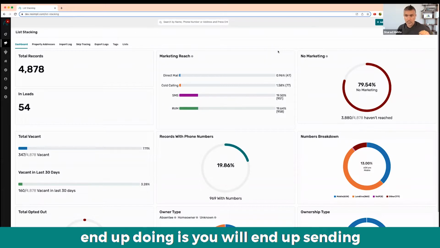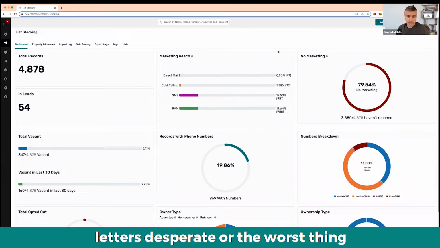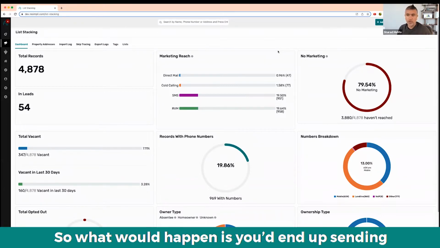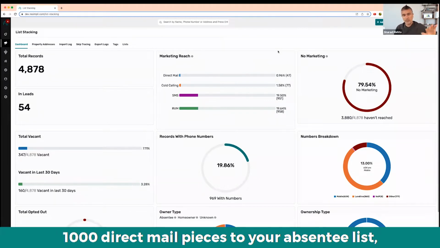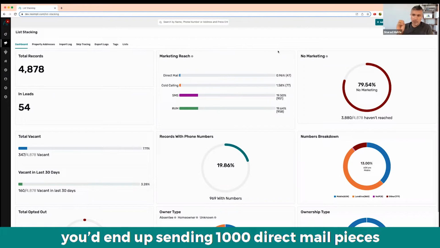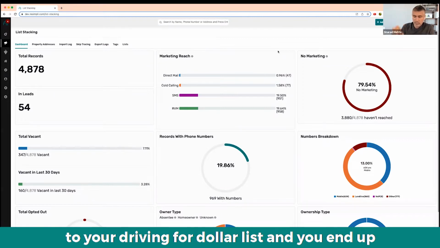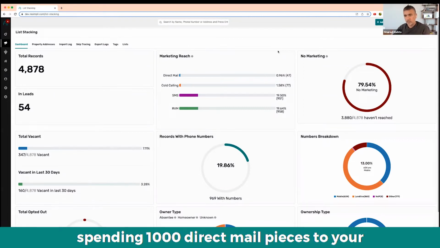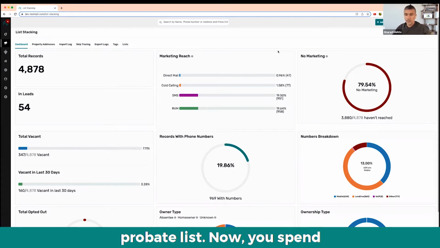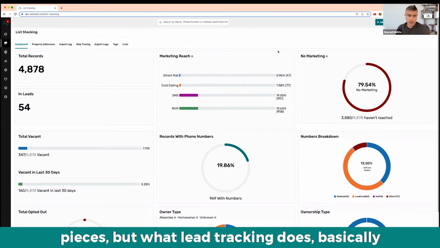For this purpose, let's say you're doing direct mail. What would happen is you would send 1,000 direct mail pieces to your absentee list, 1,000 direct mail pieces to your Driving for Dollars list, and 1,000 direct mail pieces to your probate list. Now you spend money on sending 3,000 direct mail pieces, but what list stacking does is it basically takes all